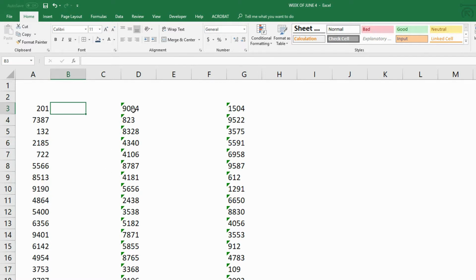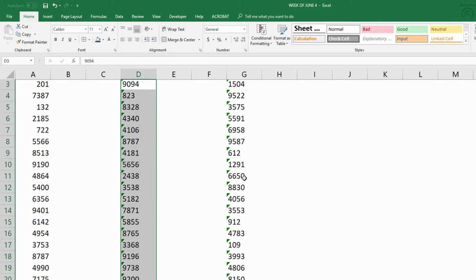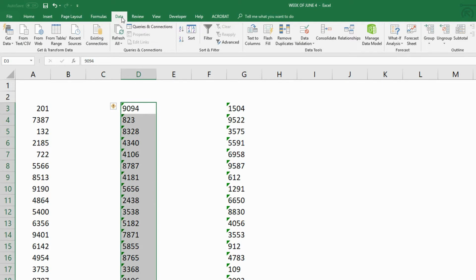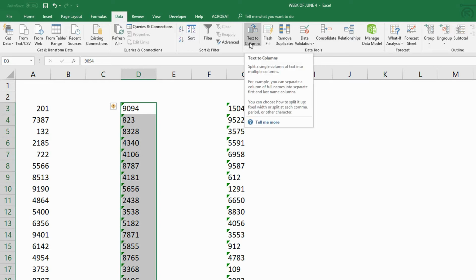There's another technique. If I highlight all of the values in the D column, so click on D3, use Control-Shift down arrow, and then use from the Data tab something called Text to Columns. This will allow me to re-identify this information so that it can be properly categorized as being numbers. I go to the Data tab at the top of the screen, click on Text to Columns,